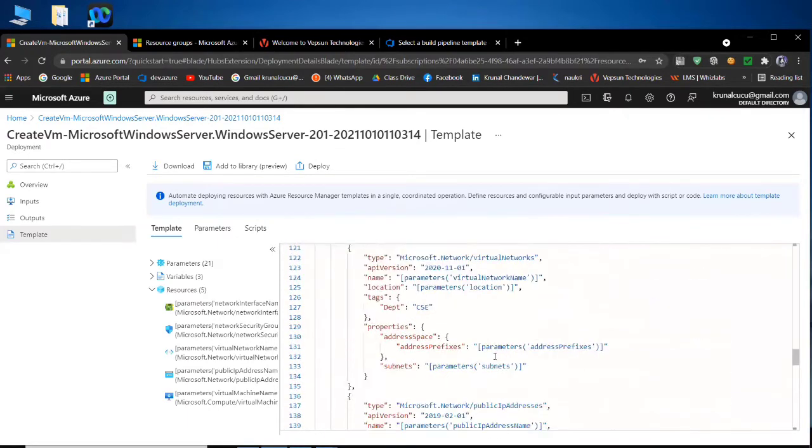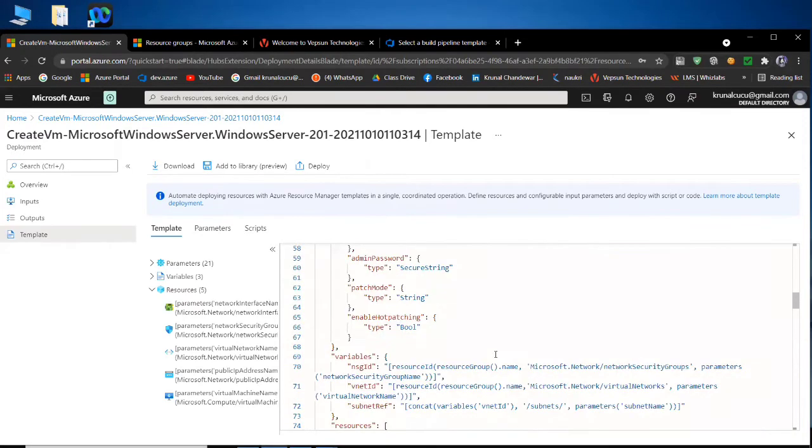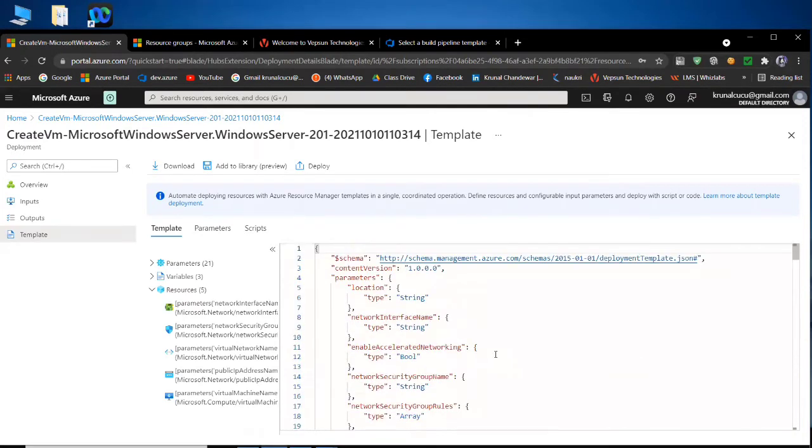virtual machine. And I will show you in PowerShell today only. In PowerShell, I have one script. If I write down that script, I can make the same virtual machine from here. From here, I can also make a virtual machine. So this is our template.